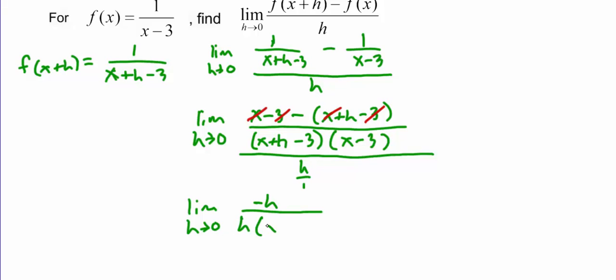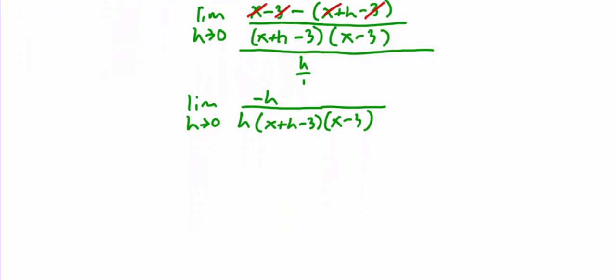So I'm going to put that right there. I'm just going to move it to the denominator. And then all of a sudden we can see, well, those h's are going to cancel. So all we have here is the limit as h approaches 0 of negative 1 over x plus h minus 3